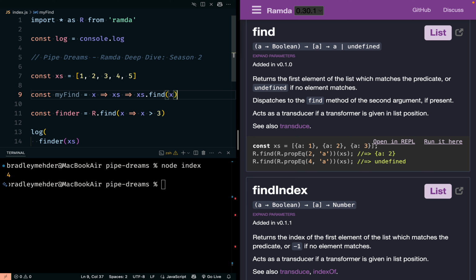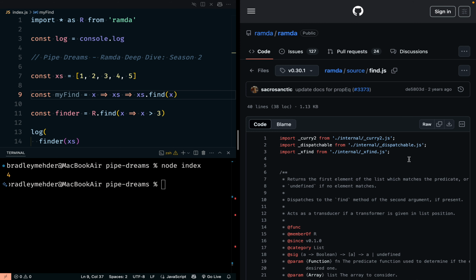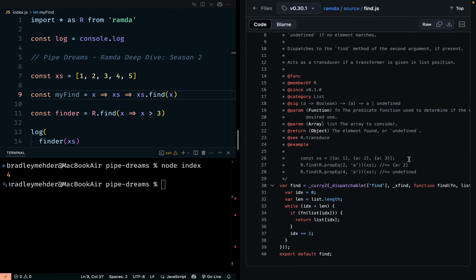So this is in essence what Ramda is doing. Without digging into it, well, let's just do it. Let's go in here and look at the code. Right. Okay. So they're using curry2. They're using some internal functions here. They're using a while loop.